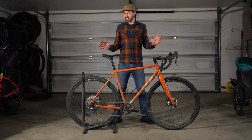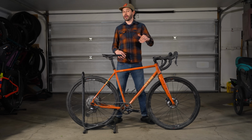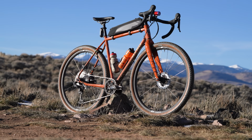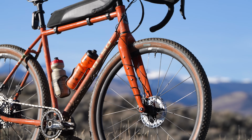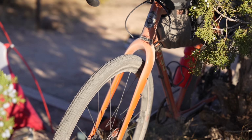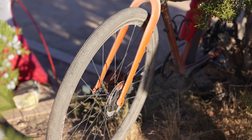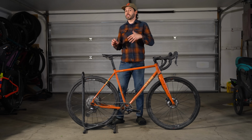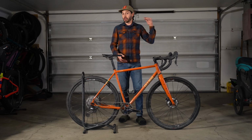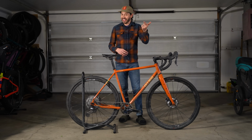So finally, the biggest change in the Warakin from the original iteration is its suspension corrected design. The bike now comes with a 47 millimeter offset Lithic carbon fork built around a 420 millimeter axle to crown. This means that you can easily swap in a similar suspension fork like the Cane Creek Invert or the RockShox Rudy. That's not to say other options won't work, but using a fork with significantly different dimensions, bigger or longer axle to crown, could alter the bike's feel, making it longer, slacker, and higher than